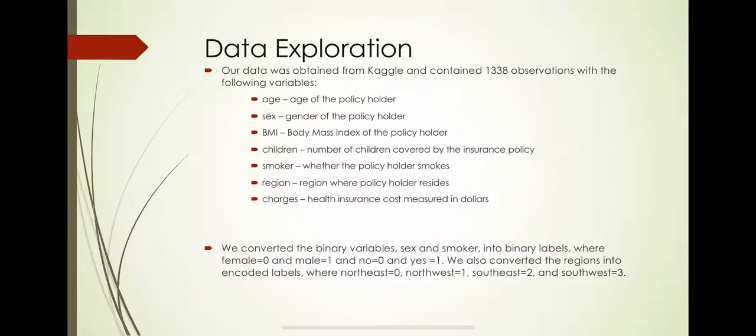We obtained our data from Kaggle. It contained 1,338 observations with the following variables: age, which is the age of the policyholder; sex, which is a binary variable indicating whether the policyholder is male or female; BMI, which is the body mass index of the policyholder. It's calculated using their weight in kilograms divided by the square of their height in meters; children, which is the number of children insured through the insurance policy; smoker, which is a binary variable indicating whether the policyholder smokes or